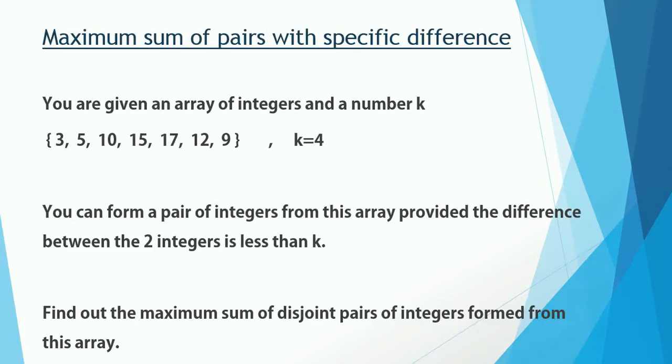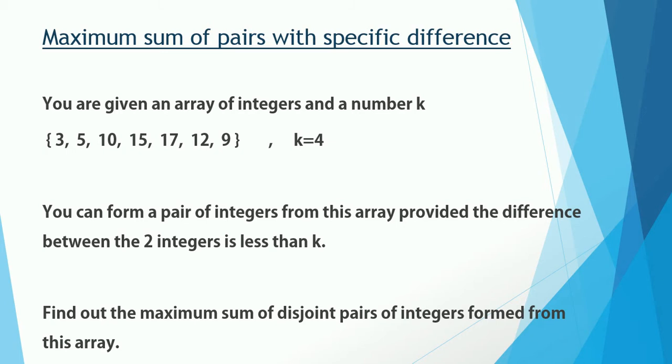and check it out. At the center of this problem is an array of integers and a number denoted by variable k. You can form a pair of any two integers from this array if the difference between the two integers is strictly less than k. Your task is to find out the maximum possible sum of disjoint pairs formed from this array. Remember the word disjoint. That means if an integer is used in a pair, then it can't form a pair